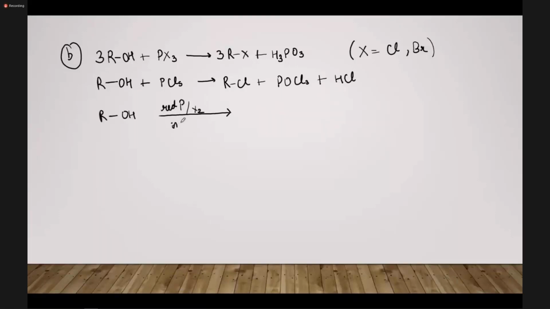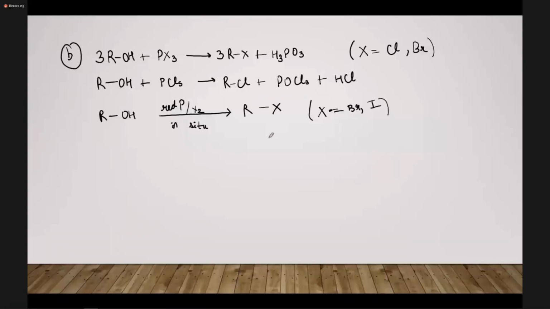So in this reaction, it says in situ and we will get RX. Now, this reaction is also applicable only for X equal to bromine and iodine, and not for chlorine. Why? Because